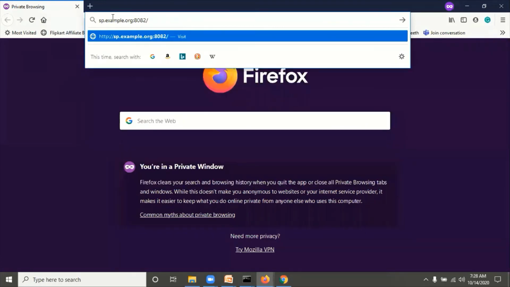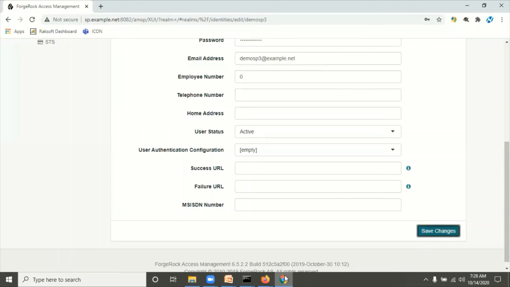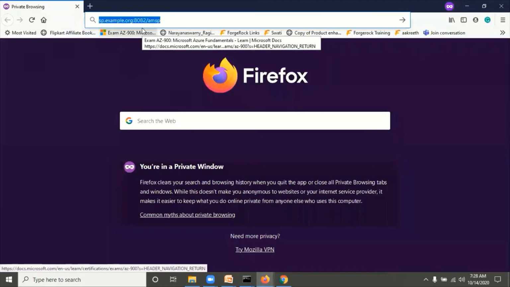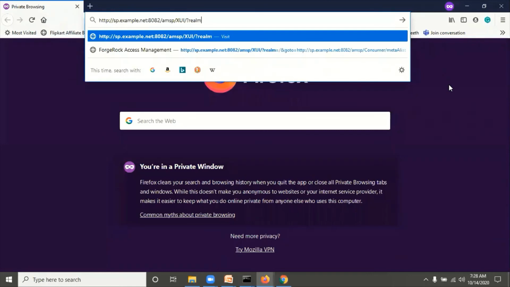sp.example:8082 AMSP. Sorry. With this URL, I opened Firefox in a private window.